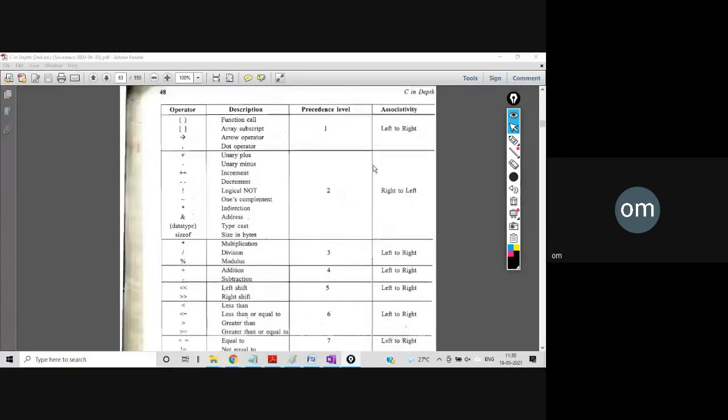So I hope in this particular way you will all be able to remember. And students, please try to remember this table. If you remember it now, you will be able to remember it forever, because I gave you two statements, and till your BE, your entire life, you won't have a problem remembering this entire table. Otherwise it becomes very difficult to remember each and every precedence and the associativity of each and every operator. So I hope I'm clear.